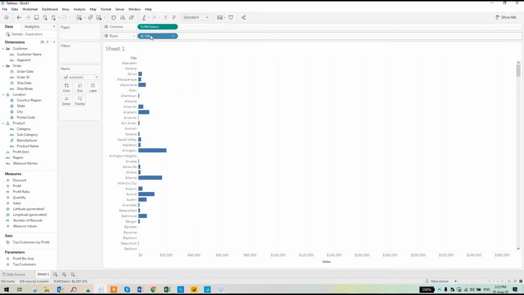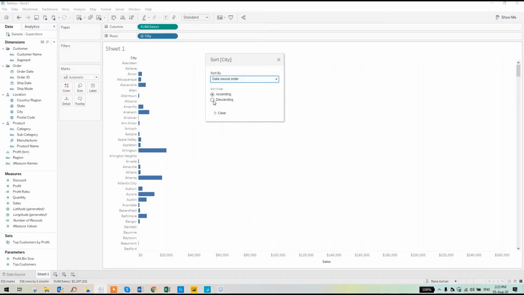So we'll click on this dimension over here. One thing I would like to say is that all the dimensions are indicated by blue color, and all the measures, like sales, are indicated by green color. We right click on that, and we'll say we have to sort. Now a pop-up window will appear asking how you want to sort it. Do you want to sort it by data source order, or by descending or ascending?